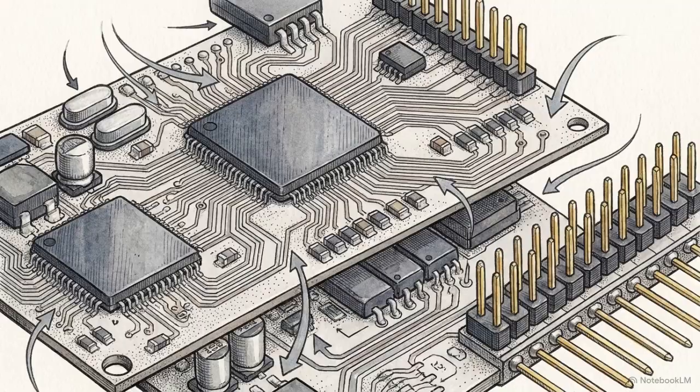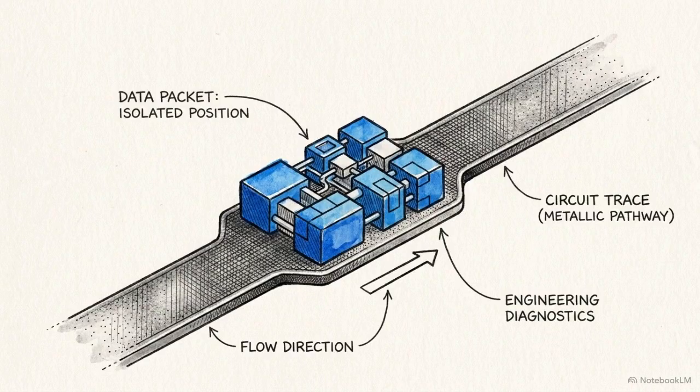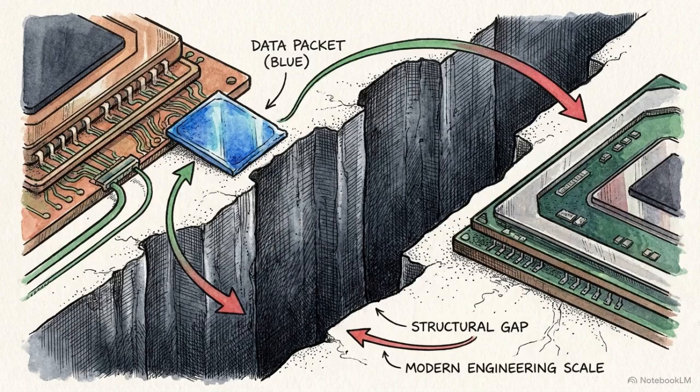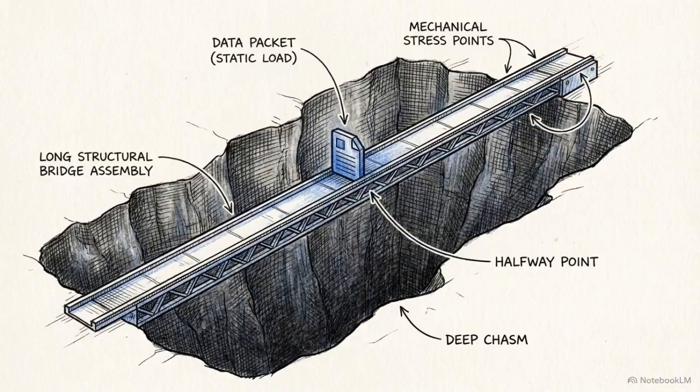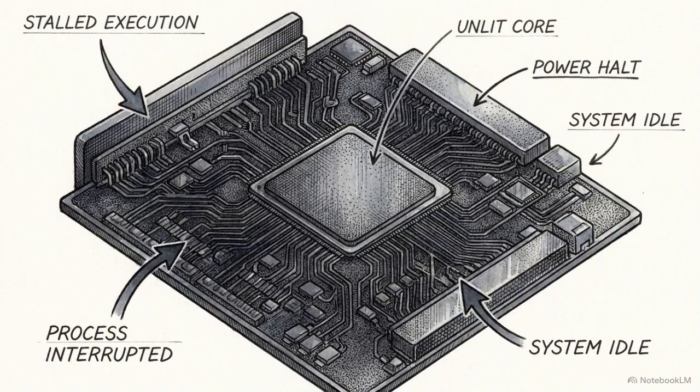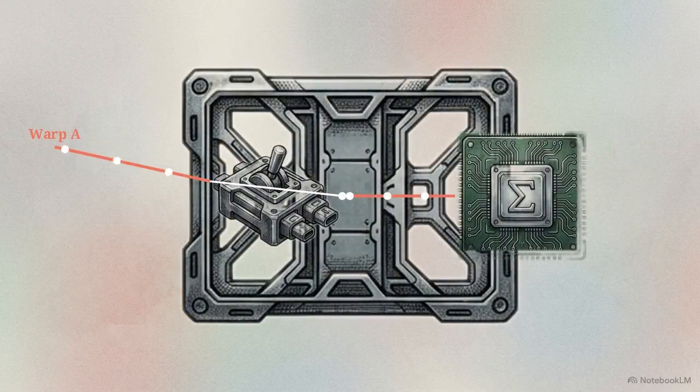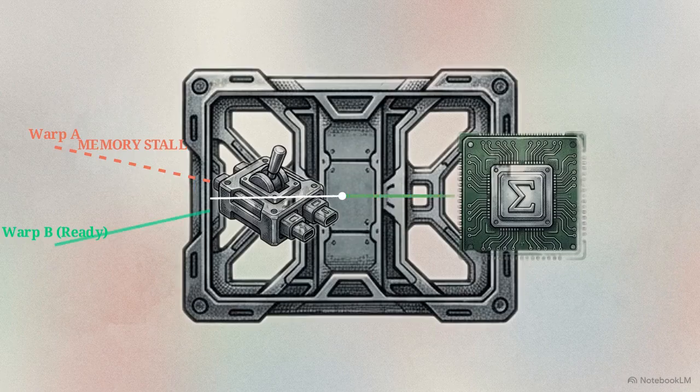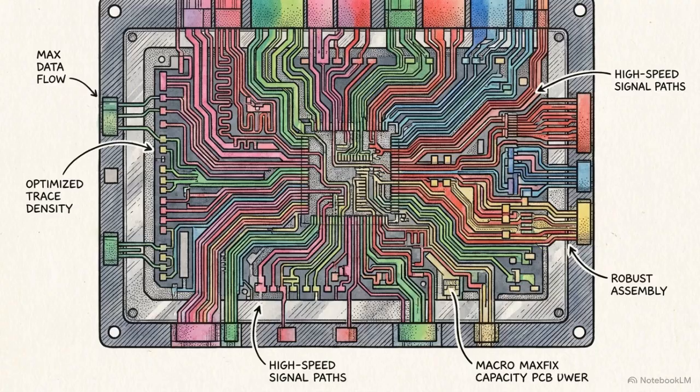The main obstacle is memory latency. When a warp requests data from the global VRAM, it takes hundreds of clock cycles for those numbers to arrive, leaving the warp stalled. The SM manages these delays through a hardware warp scheduler. When one warp stalls to wait for memory, the scheduler instantly context switches to a different warp that is already loaded and ready to compute. GPU performance relies on the scheduler's ability to mask the time spent on data transit by saturating the execution